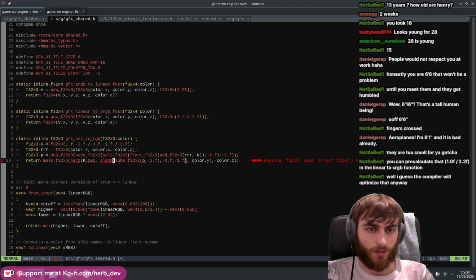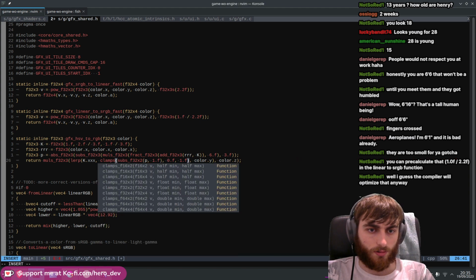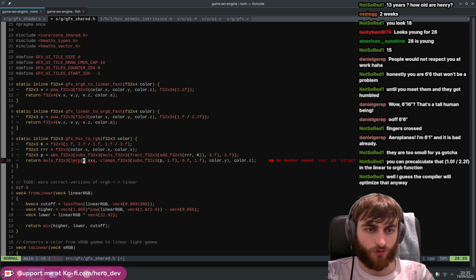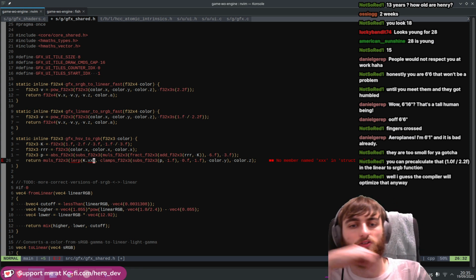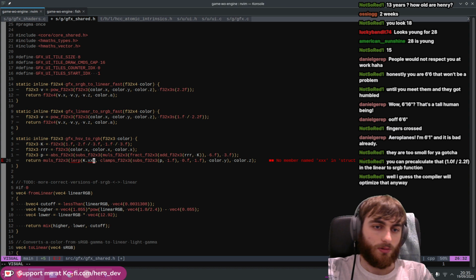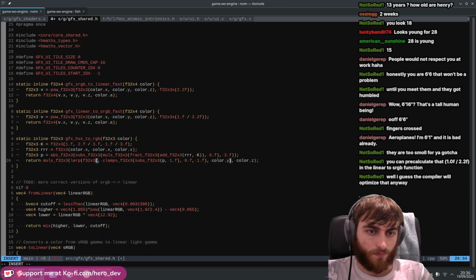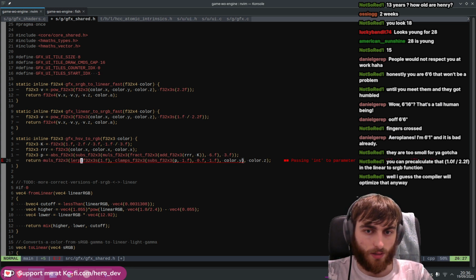Then we're clamping. Cool. Nearly there. So this is just 1 splattered out into a vector basically. Then this lerp is